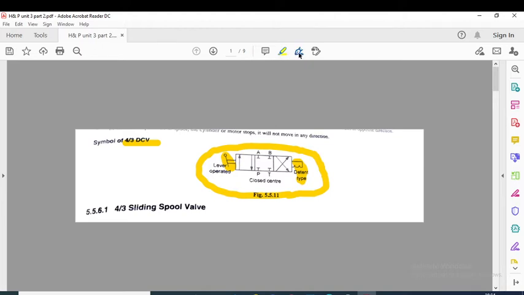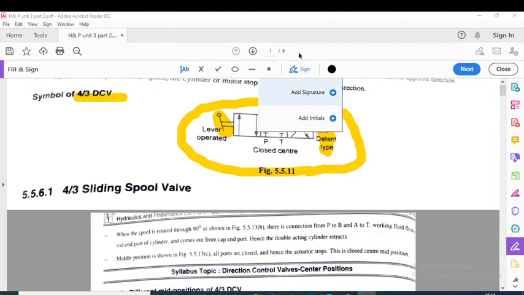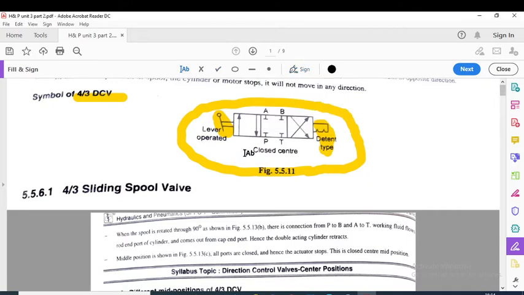Here I am going to show you the positions. So this is position 1, this is position 2, this is position 3 here. This complete rectangle, first it is position 1, this is position 2, and this is position 3. The second position can be named as the central position. You can see here, the second position is named as the central position.